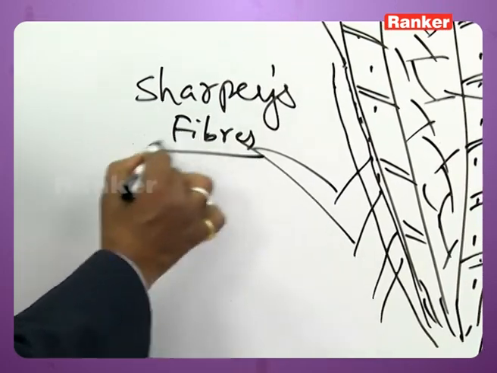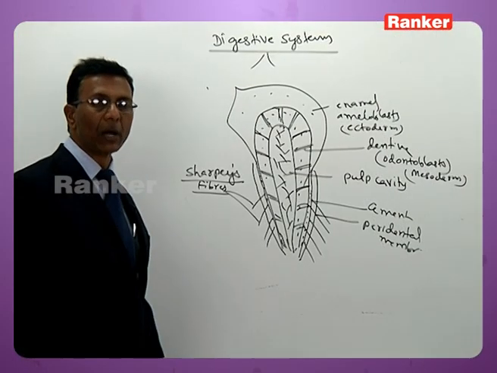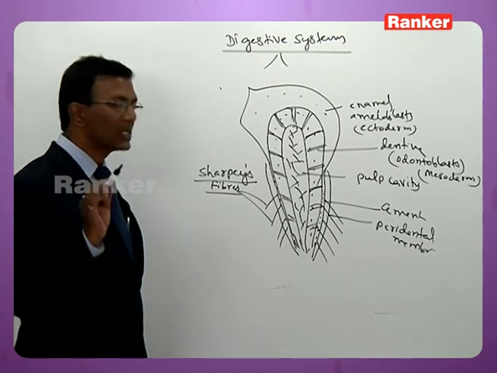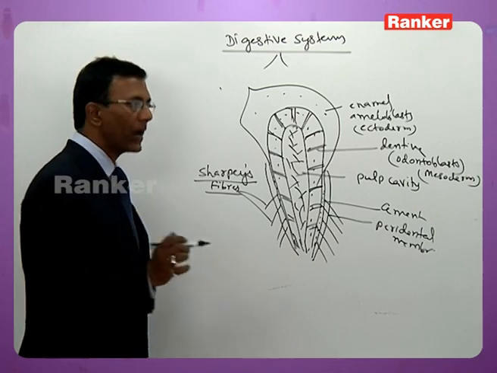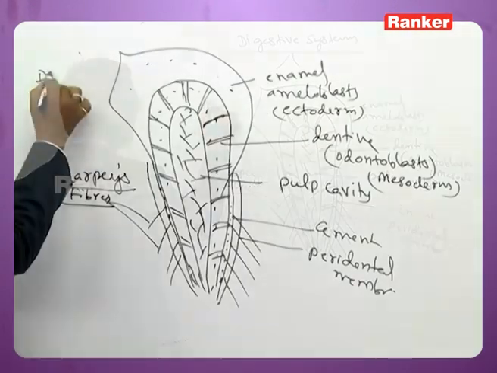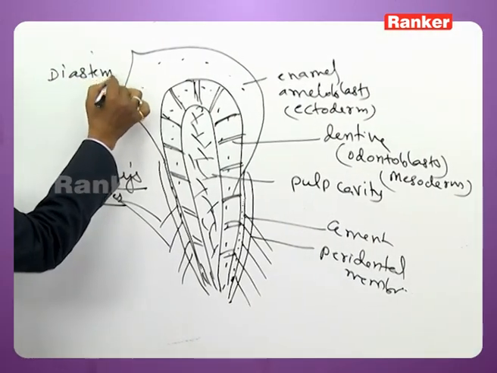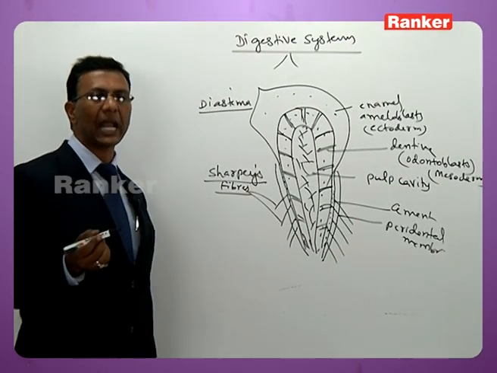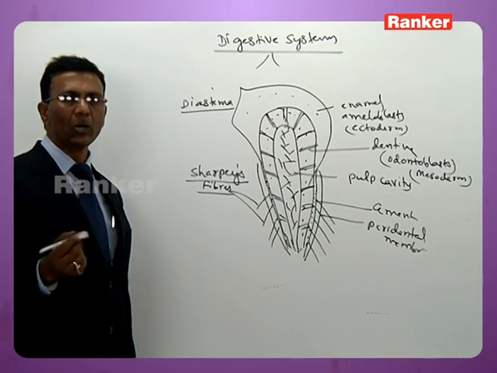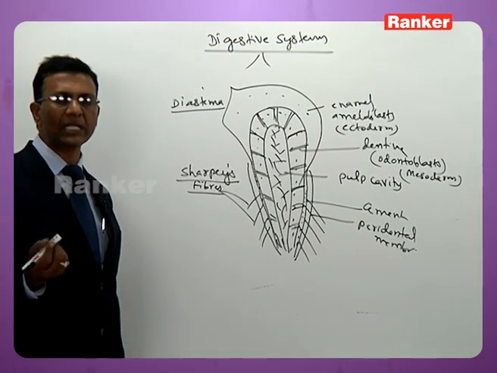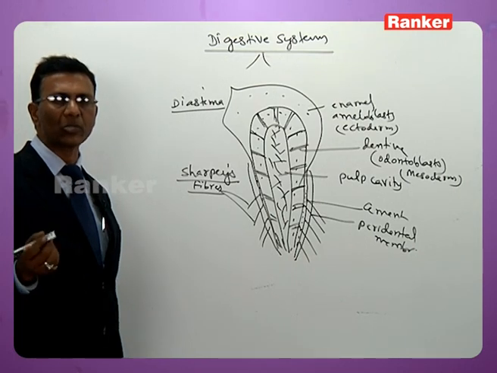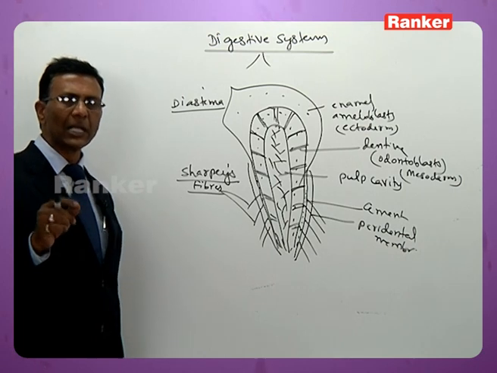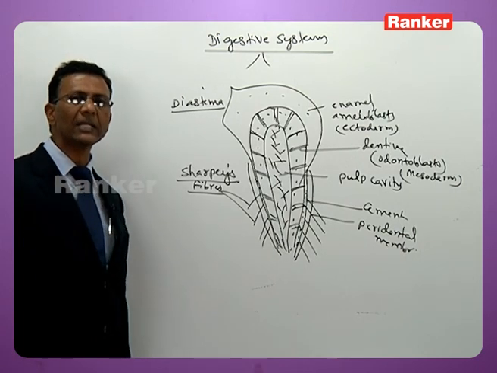Sharpey's fibers, by means of which the tooth is anchored to the jawbone. At this juncture, dear students, you must remember the 2 most important points. One is diastema. What is diastema in mammals other than human beings? Certain teeth are absent. For instance, all herbivores do not have canines, because they don't require canines. The canines are absent, like in rabbit, cow, sheep and all that. So if any gap appears due to the absence of certain teeth, it is known as